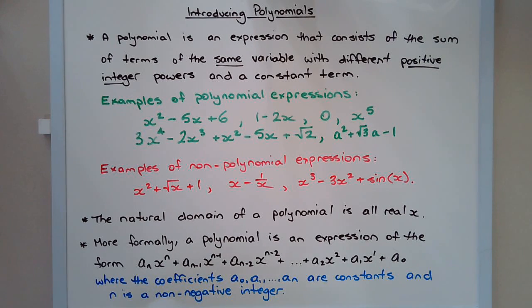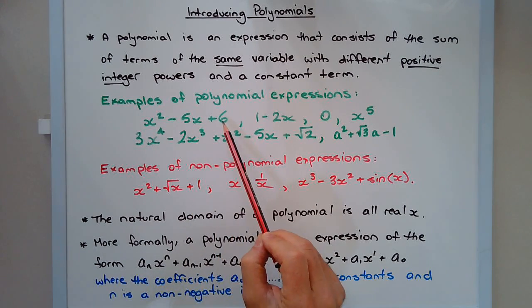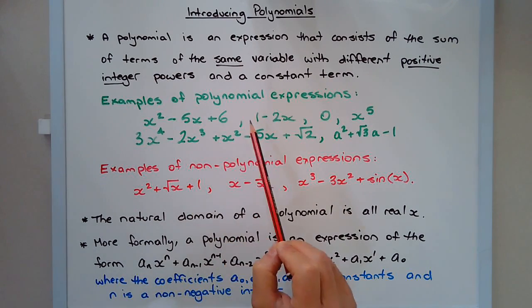Introducing polynomials. A polynomial is an expression that consists of the sum of terms of the same variable with different positive integer powers and a constant term. Examples of polynomial expressions include x squared minus 5x plus 6, this is a quadratic polynomial, 1 minus 2x, this